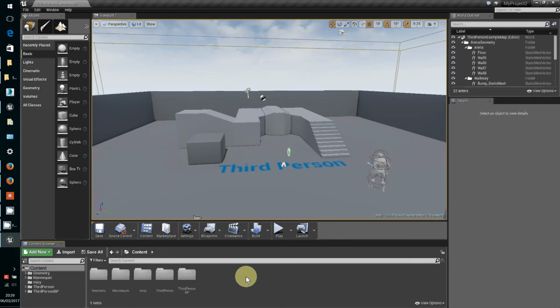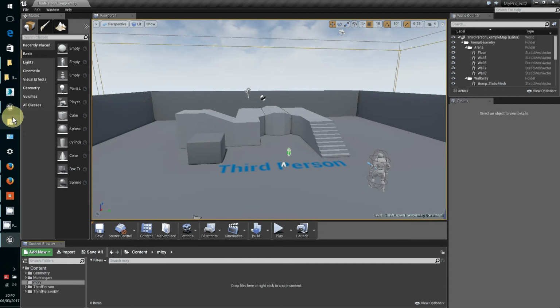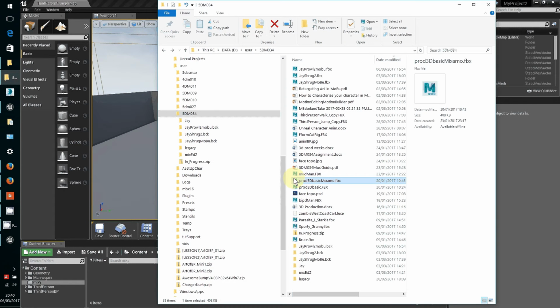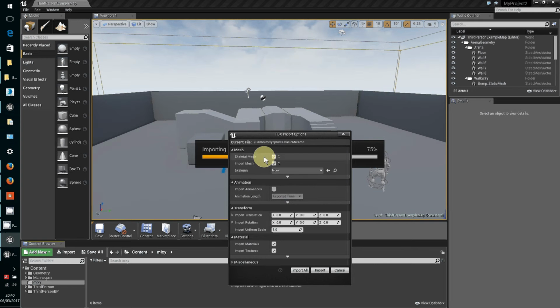And I'm just going to add in my new character. I've made a folder called Mixie, which I'm going to bung my character in, and just drag it in. And these import settings are worth just spending a bit of time with. It recognises it's a skeletal mesh, that's a good thing, and we want the mesh as well. If we had materials on, we'd certainly want those to come through. And we don't want to import animations. However, that does show you that's a potential for later on. So I'm going to import,